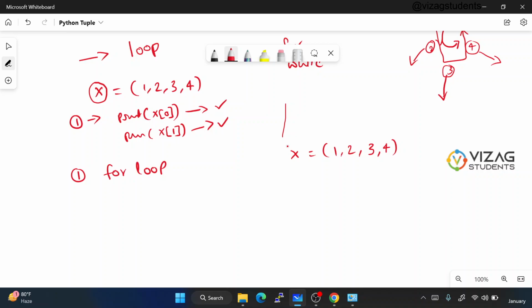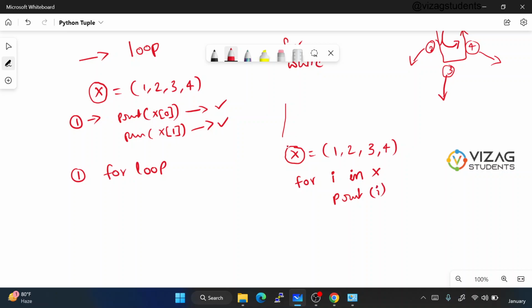Now I'm using a for loop. For I, some index kind of thing, in this tuple x, and I am printing